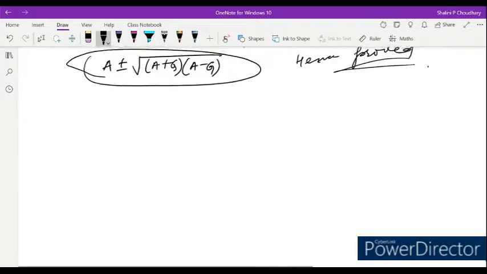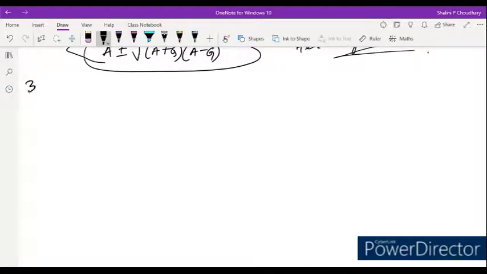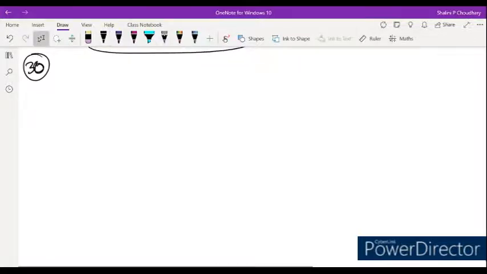Now next question, question number 30. Question number 30 is a word problem. The number of bacteria in a certain culture doubles every hour, and after 1 hour it's increasing. So there were 30 bacteria present in the culture originally. So 30 means the first term will be 30. Earlier it was 30. After 1 hour it will double, so it will be 60. Then after 2 hours, it's doubling after every 1 hour, so it will be double.